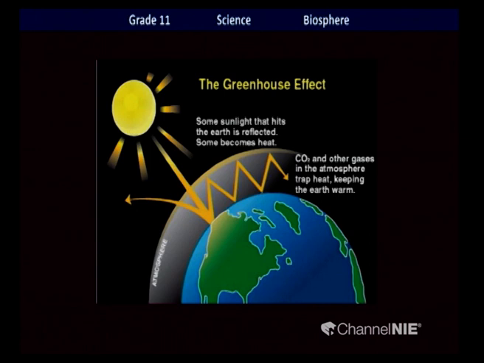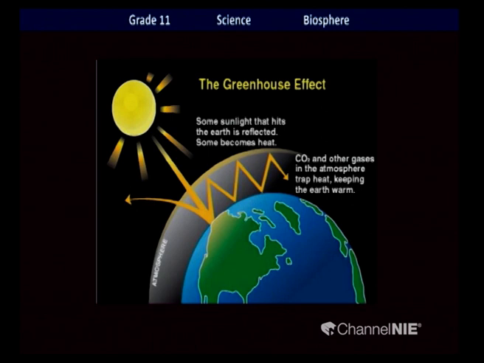Without the greenhouse effect we cannot live on the earth. It would be a cold planet and the temperature would be minus. Therefore, you cannot label the greenhouse effect as a harmful process, but the problem is the enhanced greenhouse effect, or increasing of the greenhouse effect, which can lead to global warming. So let's see how the greenhouse effect is caused.